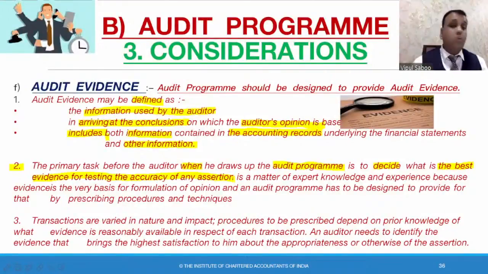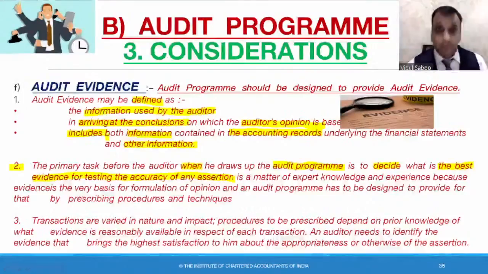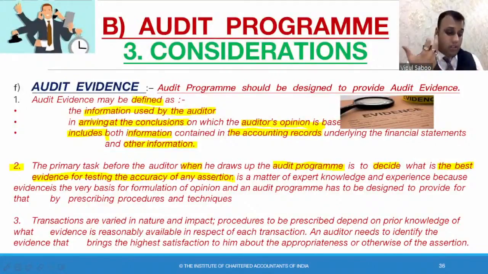When you talk about assertions about transactions, they find a place in the profit and loss account of an entity. When you talk about assertions about account balances at period end, they find a place in the balance sheet. The balance of the creditors, the debtors, the stock, the fixed assets. So what are the assertions with respect to those balance sheet items? What evidences do you need to find? So assertions are like which tell us the financial statements are true or not.